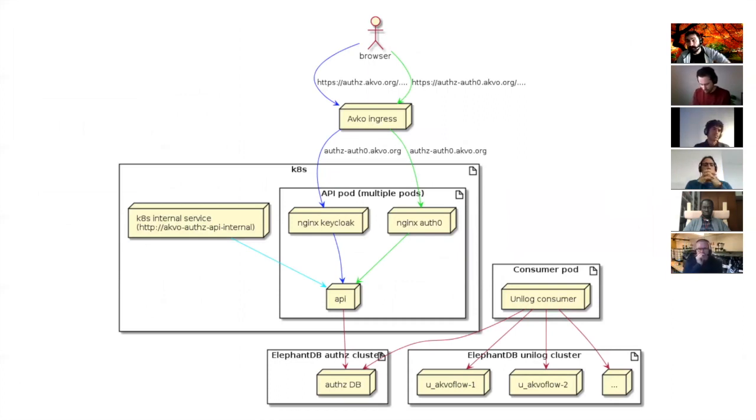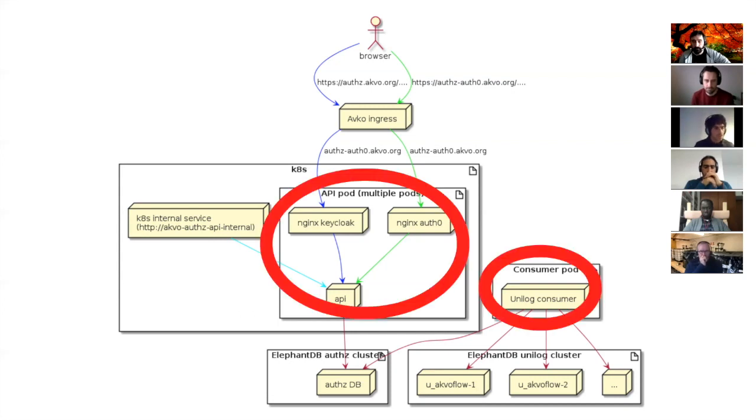You have on the top the endpoints that you can hit, auth.akvo.org or auth-auth0.akvo.org. So those are the two endpoints. Plus we have an internal endpoint, so that from within Kubernetes you don't need to provide a valid JWT authorization token. And the important thing here is that first we have split what we deploy into actually two